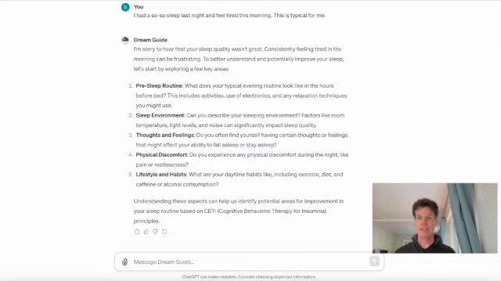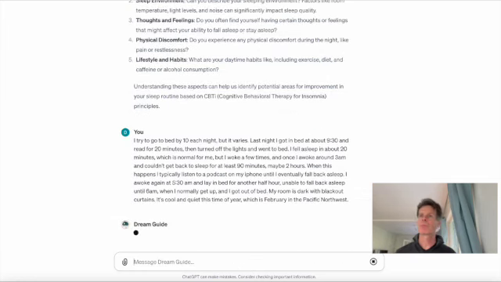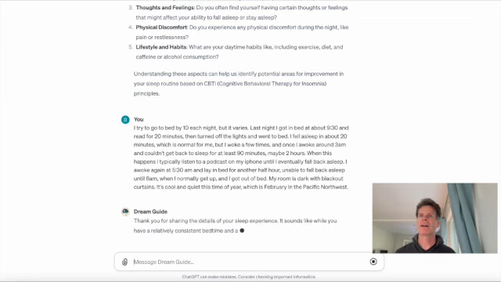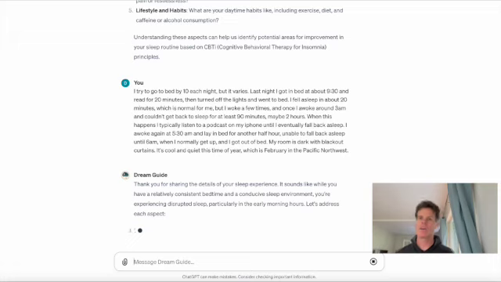And so in this case, to give it the benefit of the doubt, I gave it as much information as possible about my routine so that it could better understand my situation and go off of that. And so I'm just going to fast forward a bit here, providing it: I try to go to bed by 10 each night, but it varies. Last night I got in bed at this time, and I slept for this long. I woke up this many times. I was awake this long. And so then it comes back and says,